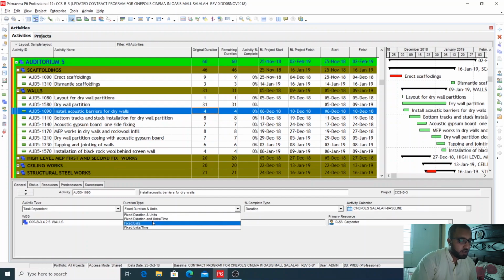Then the next thing is fixed units. So fixed units means that